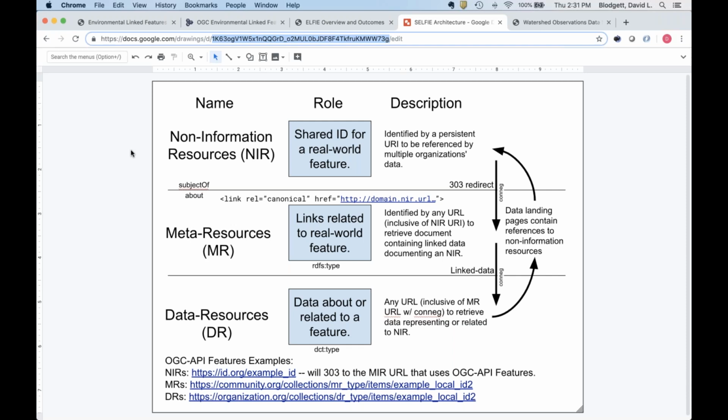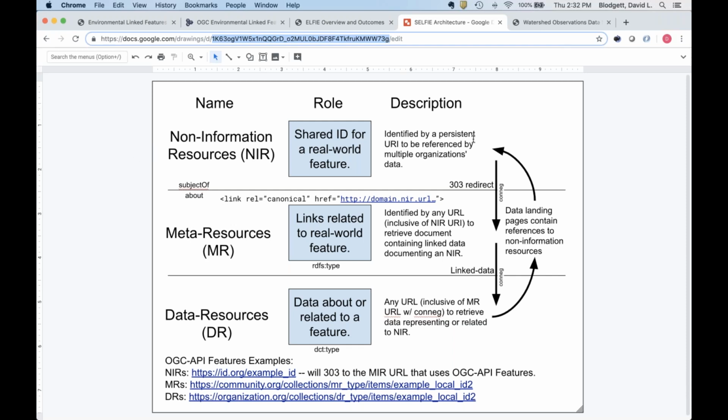We don't have to have strong governance around non-information resources. In some places we probably should and will. In other places it can be much looser. But there are still a lot of web pages out there where you go to a URL and you get redirected to another URL for implementation reasons. And that's essentially what we're saying here, that it's a good idea to use a redirect.